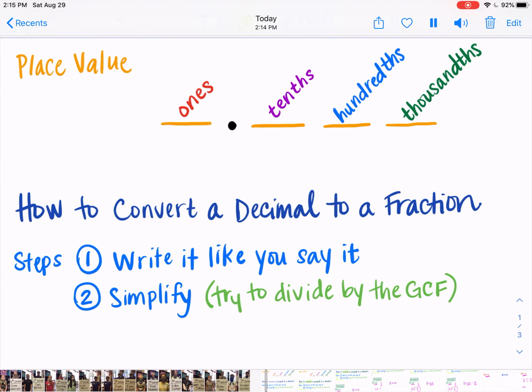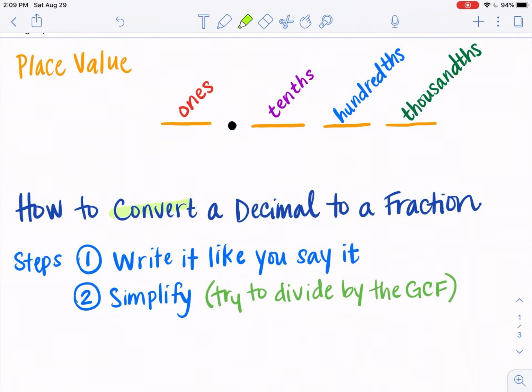All right, today we are going to learn how to convert a decimal to a fraction. When I say convert, that's really just a fancy word for change. So how to change a decimal to a fraction. Here are your steps, and we are just going to get started with some examples so you can see the